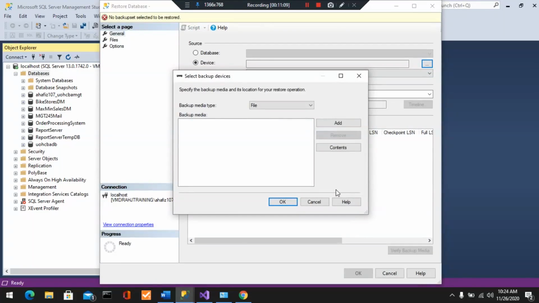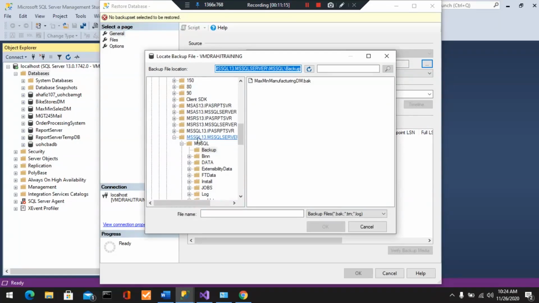And then I'm going to click on the add button. You see, it's already found the backup. That's why I put that file there, because it already knows that if I'm going to restore, this is the directory it's going to look in for the backup file. I call it the back file because the extension is BAK. So I'm going to click on that, hit OK,